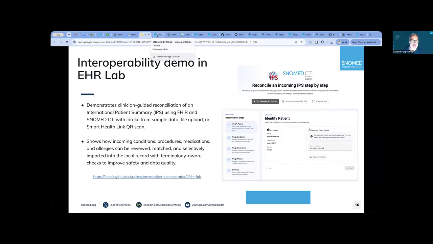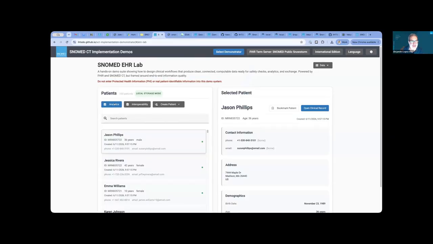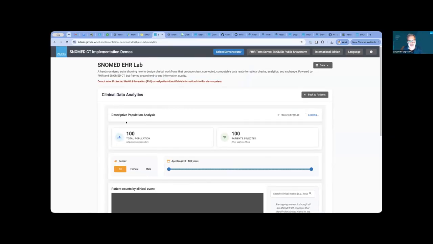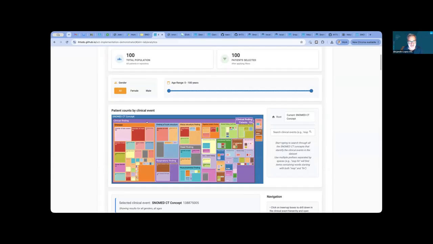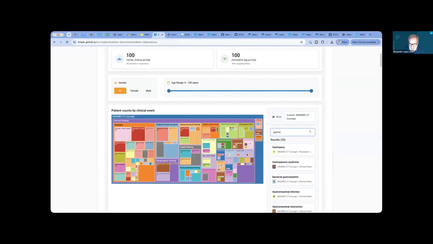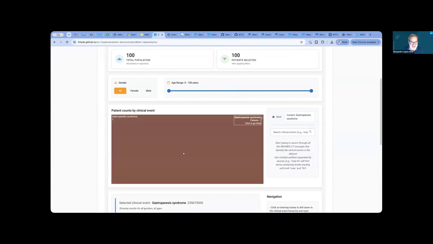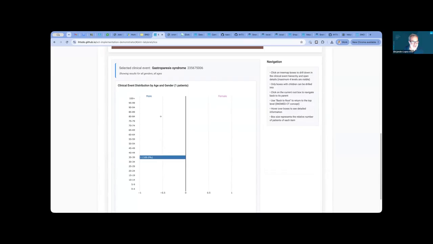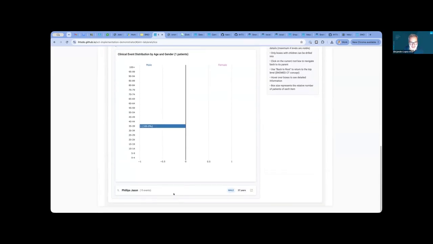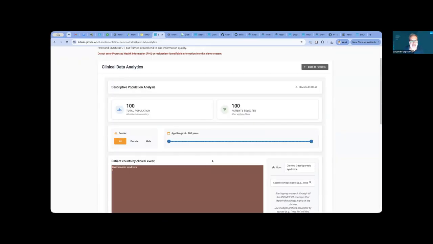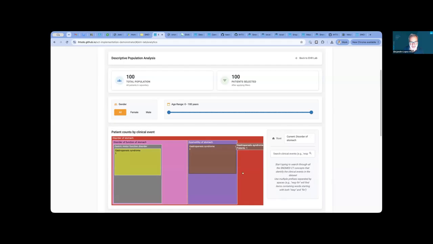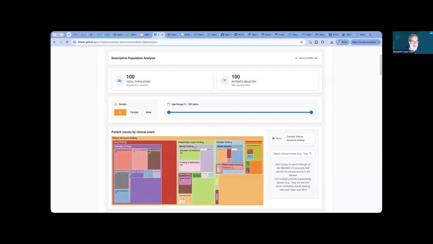So the other demo we have in this system, we have also the analytics that I showed you before, but for these 100 patients, yes? So we created gastroparesis, for example. So if I look for gastroparesis, we have one patient. And this patient, if we go down, is a male patient, Philip Jason, the one that we edited. Yes, if I click here, I see all the diagnoses we created for this patient. So you can navigate a smaller set of patients that you know and are familiar with.